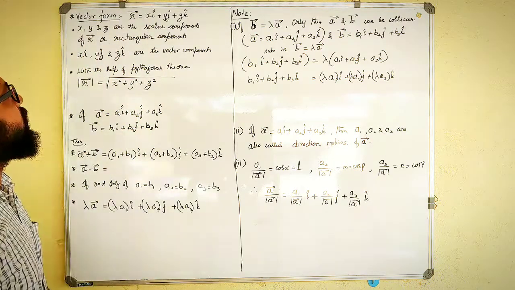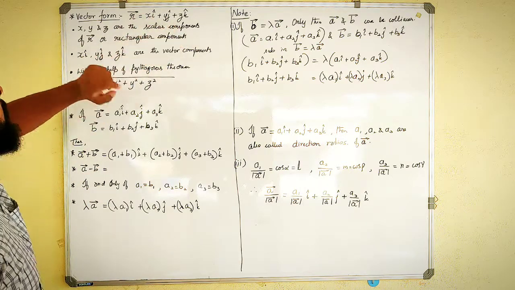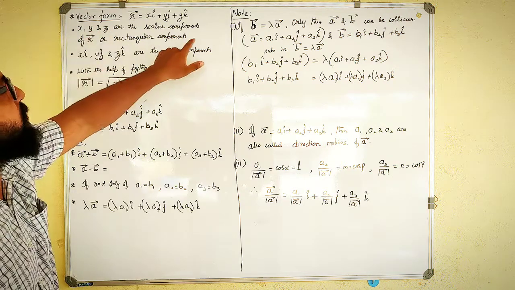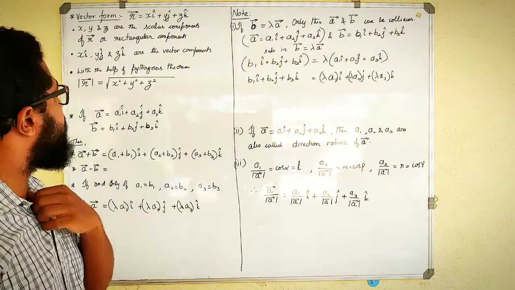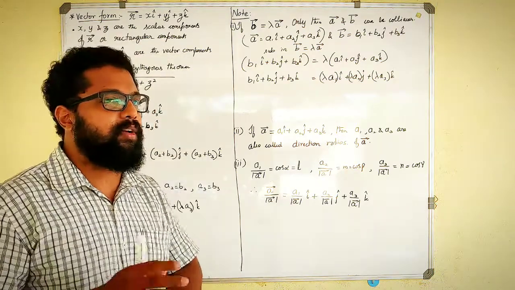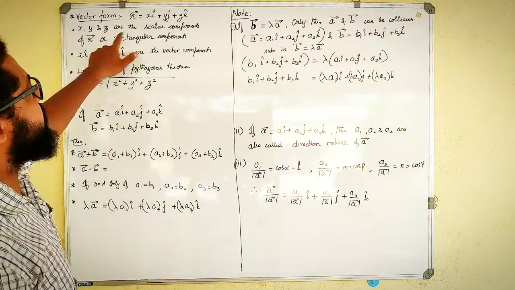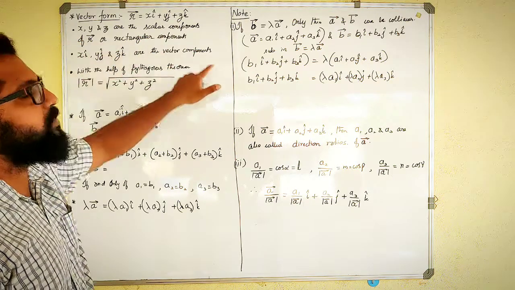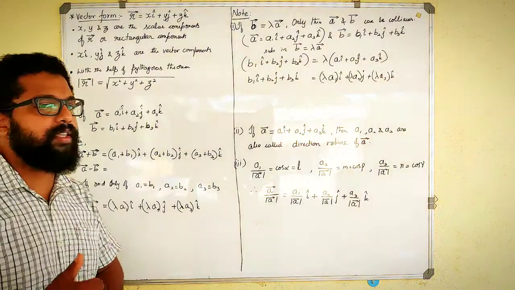Now in this vector form xi plus yj plus zk cap, x, y, z are the scalar components of the R vector. Scalar components are the numbers, the constants present in one particular vector. They are also sometimes referred to as rectangular components. So they are usually going to be numbers.